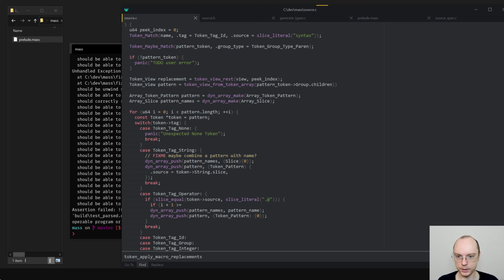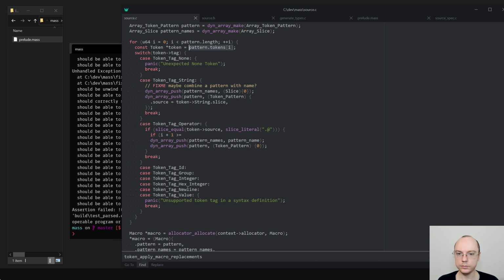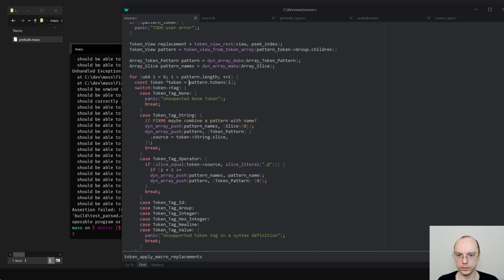So pattern tokens I. Okay. And here, actually, I think it's better to use this version to make sure that we don't go outside the bounds.